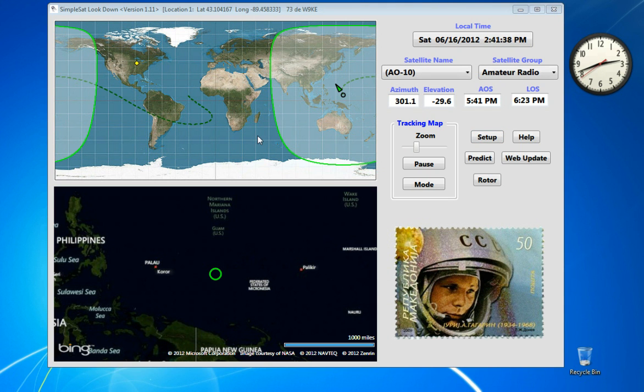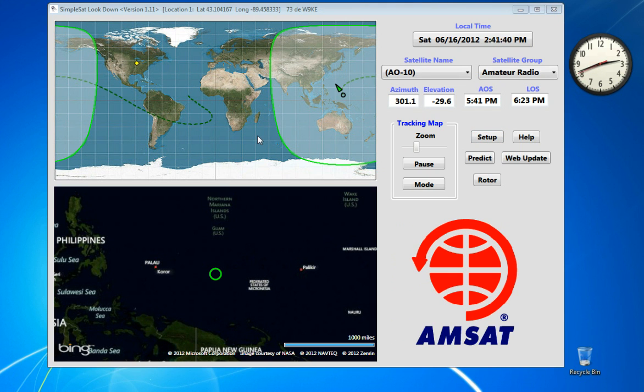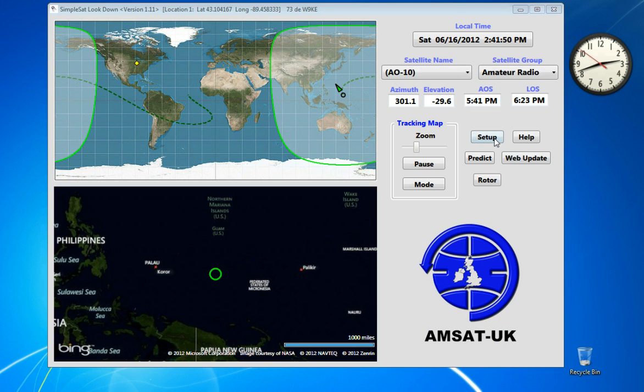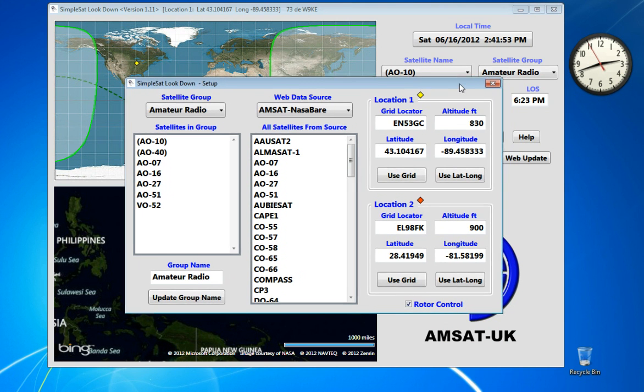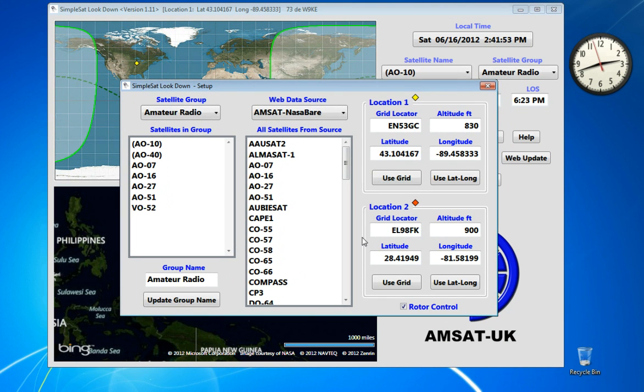This is a demonstration of operation of the setup function for SimpleSat Look Down version 1.11. First step in using the setup function is to click on the setup button. A setup window appears. On the right hand side we have the little controls necessary to set your location, which